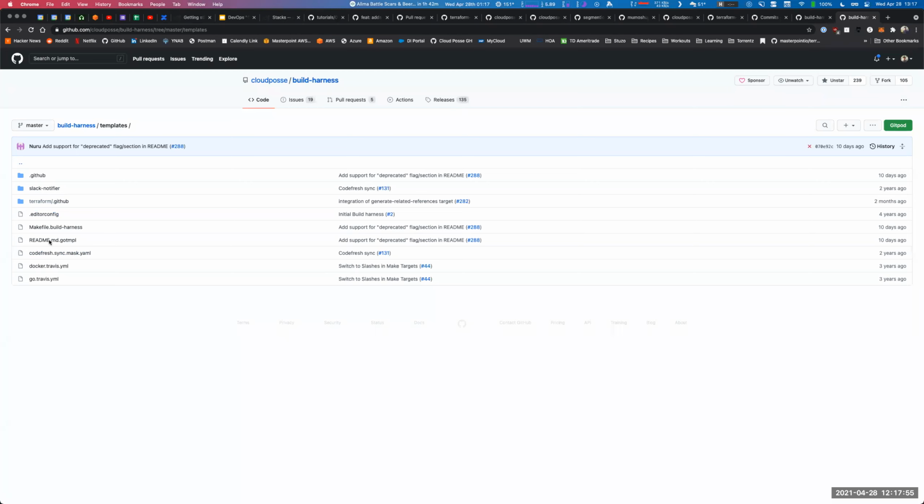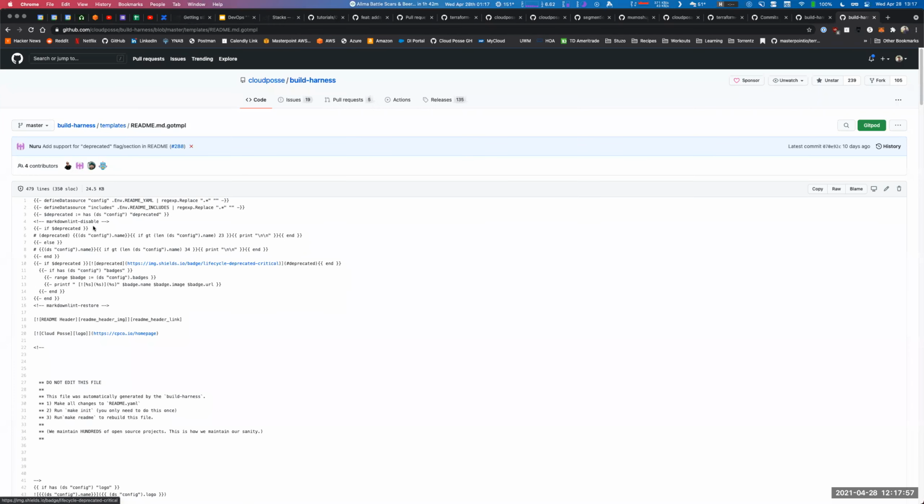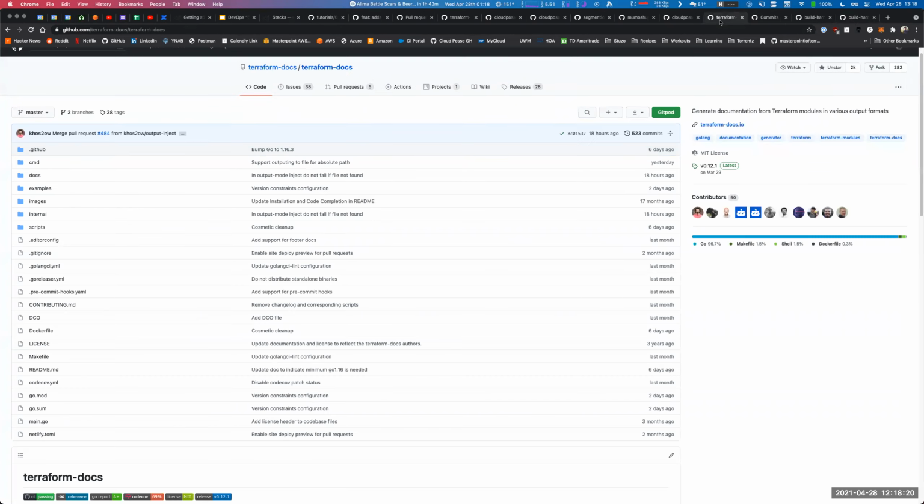Eric's talked about it a number of times, but it's basically a way to pull in multiple configurations, very similar to Jinja templates or Terraform templating. You have a file that you pass some configuration to, and then it creates an output file. So one of the things that is our input is in the repo,